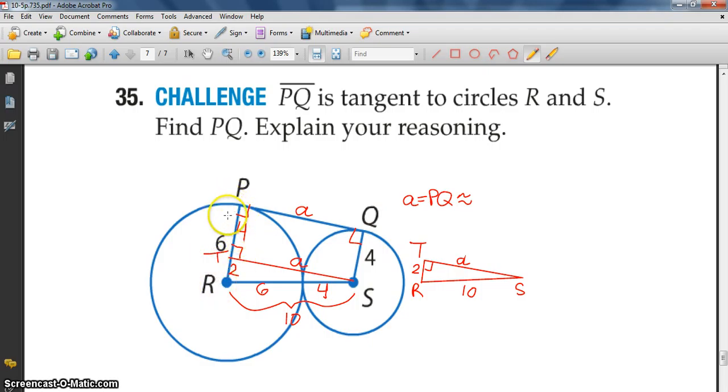Since this radius is 6, subtract 4 from 6 and we get 2 for this length right here. And I want to solve for this length because opposite sides of a rectangle are congruent. So if I can find A, then I'll have my answer for PQ. So we have a right triangle, which I split off over here, TRS. I know that this length is 2. I know that my hypotenuse is 10 because I'm adding the two radii together, 6 and 4. So using Pythagorean theorem,